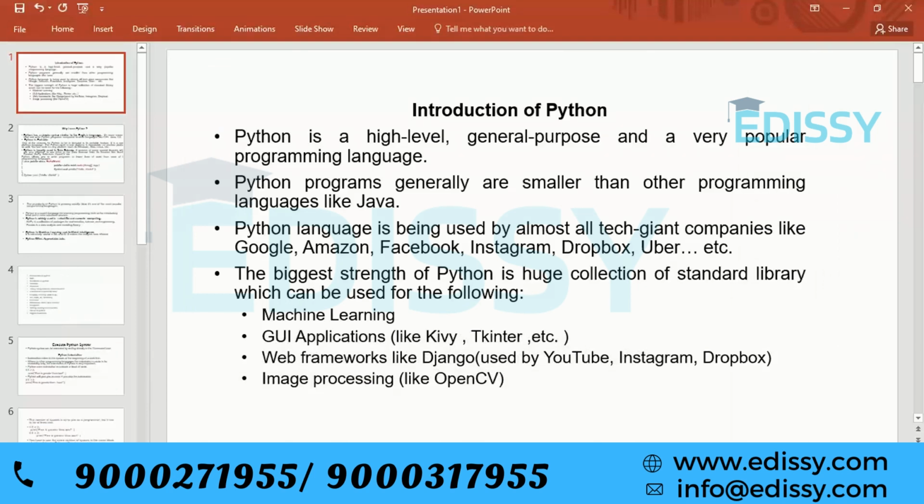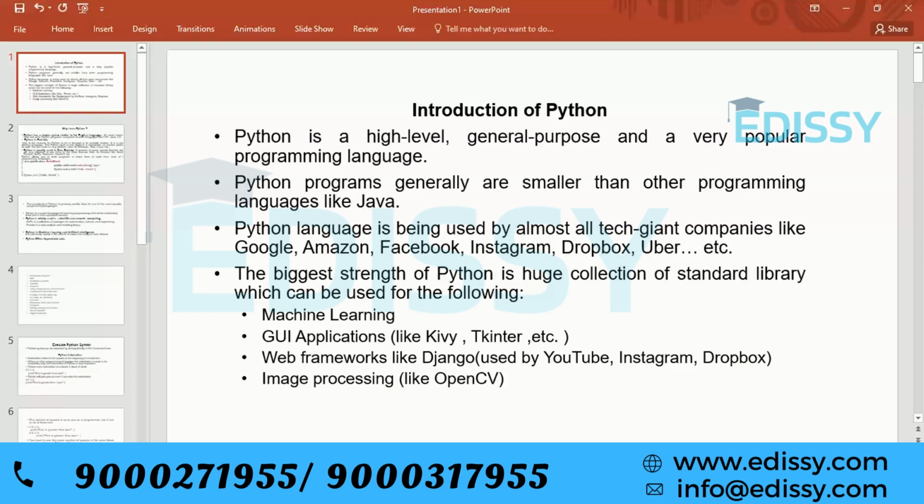There are many tech giant companies that use the Python language, like Google, Amazon, Facebook, Instagram, Dropbox, Uber. And what is the biggest strength of Python? Its library support. Due to Python library support, many programmers who are not from the computer field are also now doing programming in Python.